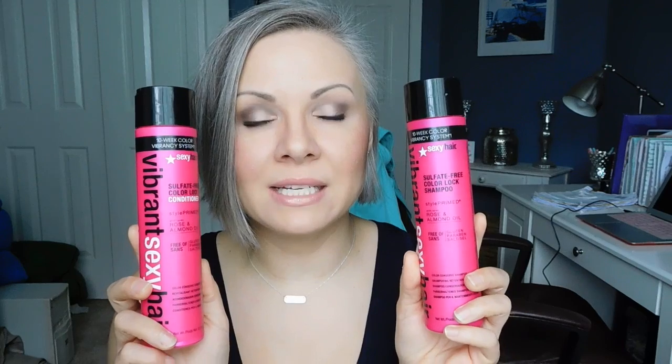I haven't looked yet, but I know that Ulta a lot of times does like their liter sales. This is something that I would absolutely purchase like the liter size of because it's something that I love the smell of, I love the texture of, I love the feel of it in my hair, I love the way it makes my hair look afterwards. It is a